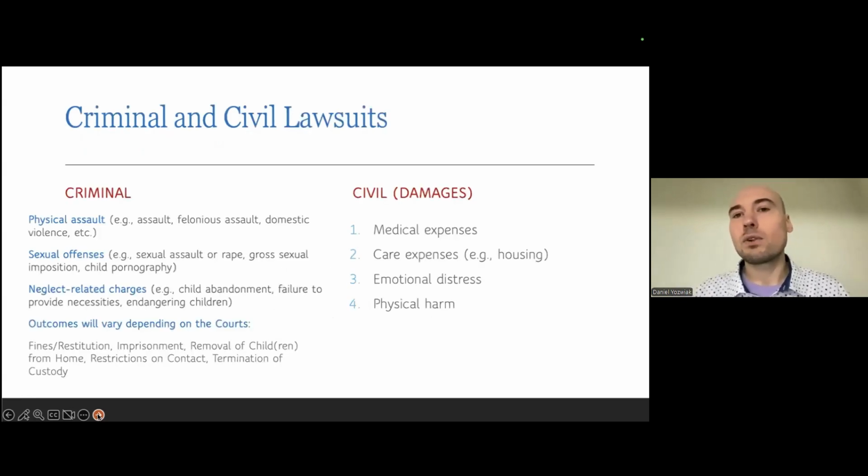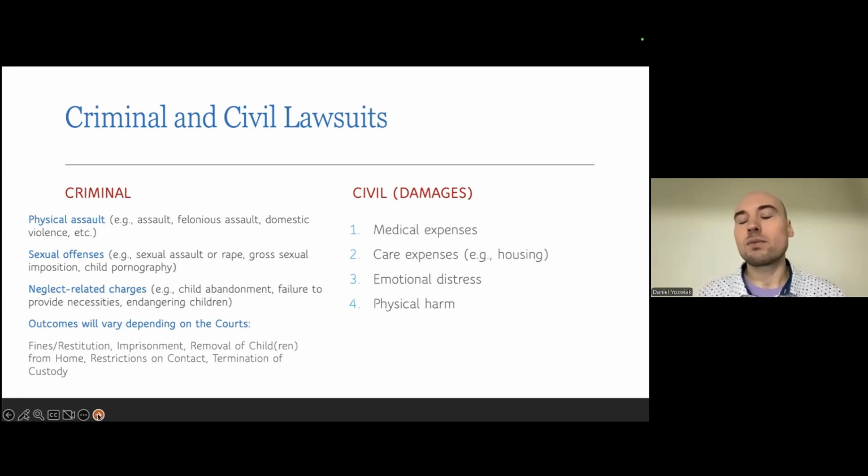So, digging a little bit deeper into the criminal versus civil liability. On the criminal side, when we're talking about physical abuse, we're talking about assault. When there is serious physical harm, and that consists of many things under the law, but we're talking about deep lacerations, states of unconsciousness, extreme suffering, that is what's called felonious assault. And then we think of our domestic violence laws as well. Whenever there's that family or household relationship, that parent-child relationship, that type of physical assault is domestic violence. Of course, our sex offenses are also included here. Rape. When we think of the common term molestation, that's called gross sexual imposition under the criminal law.